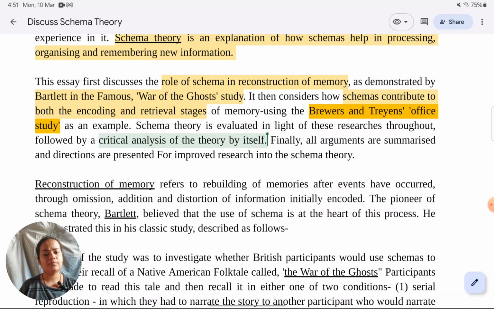At least we should give one or two more. Like our evaluation should not be only restricted to the studies that we are giving. What else is there to schema theory? For a command term like discuss, we must include that also. An overall evaluation of the concept or theory in question. So here, it's a very good thing that analysis of schema theory will be done. This is also identified.